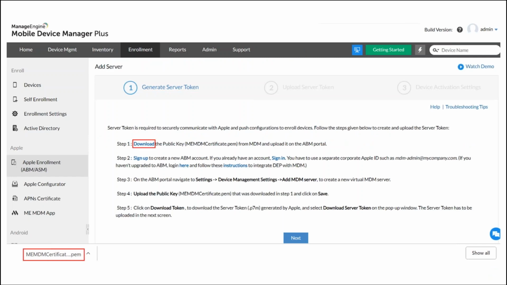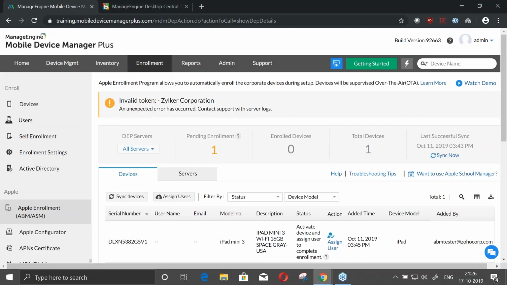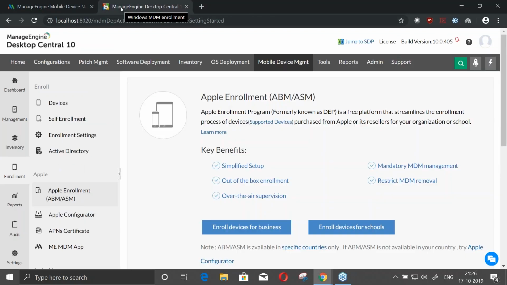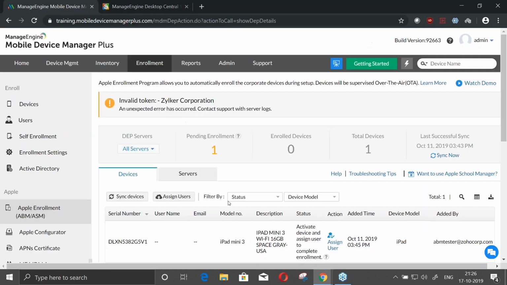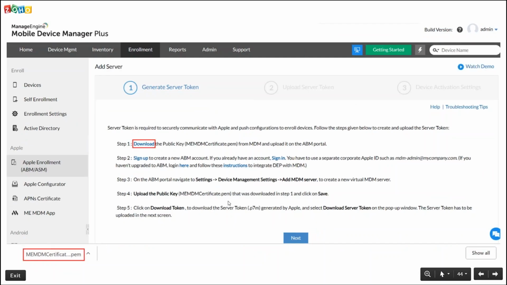So this is how we would proceed with the Apple Business Manager enrollment. If I could take you to the portal one time before we proceed with the steps, I can show you that under Apple Business Manager, we have the option to choose whether you'd like to enroll for a business or whether you'd like to enroll for a school. So we support Apple Business Manager and Apple School Manager as well for educational systems out there. Once you have selected that option, we would ask you to go ahead and download the public key for your service. It would be a .pem file that would be downloaded onto your machine, followed by which you'd have to